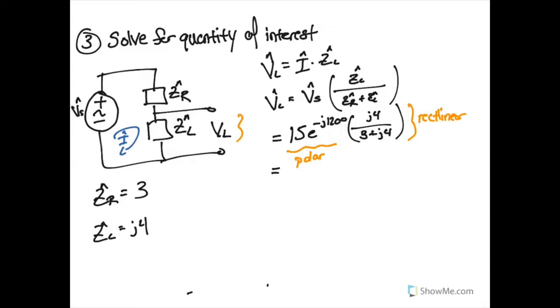So for the sake of just this problem here, I'm going to do the math for you and tell you what the result is. I will later go back and discuss how we got these particular values, but for the sake of argument right now, let's just go with it. If you were to perform this calculation in your calculator, the result would be in one of two forms. If it was in a polar form, it would be 12 e to the negative j 83.1 degrees,